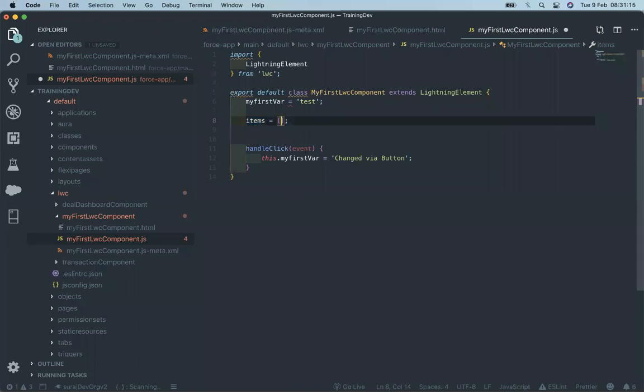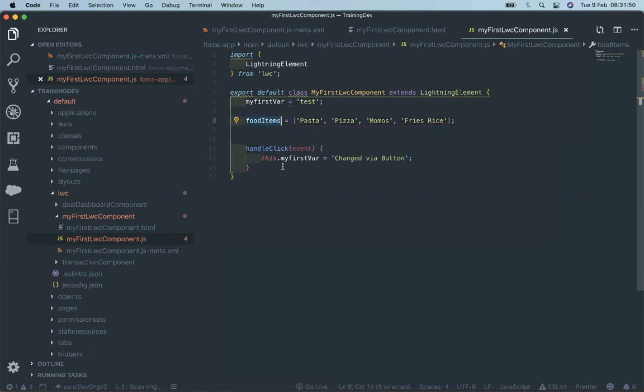And the items, like food items. Let's use these food items to display up here.